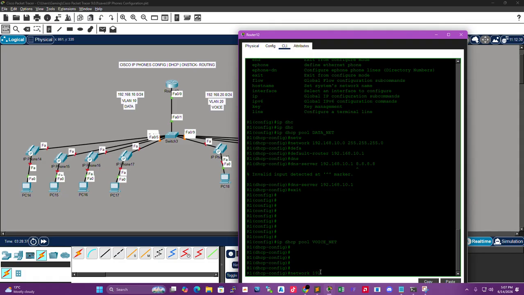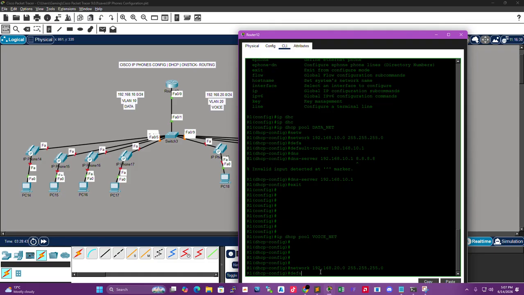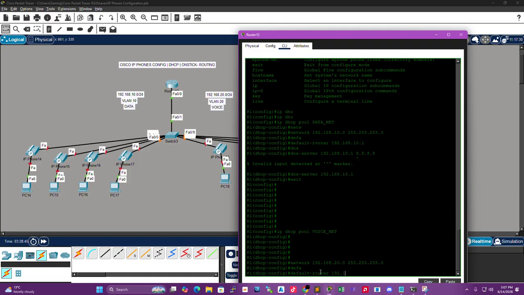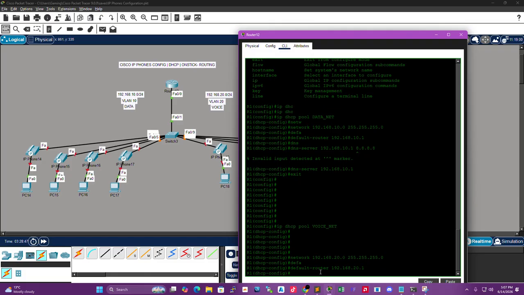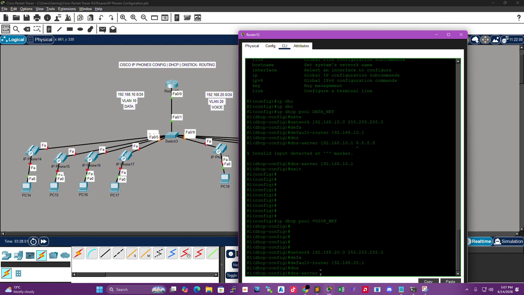So I'm just going to say 192.168.20.0 255.255.255.0, and then the default router is going to be 20.1, and then the DNS server is going to be